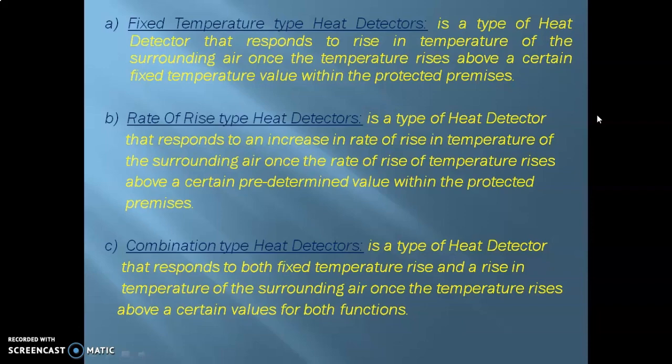That means that if the temperature goes beyond the preset temperature and above the rate of rise, only then will these kind of heat detectors confirm that there is an existing fire alarm and then send the signal to the FACP.